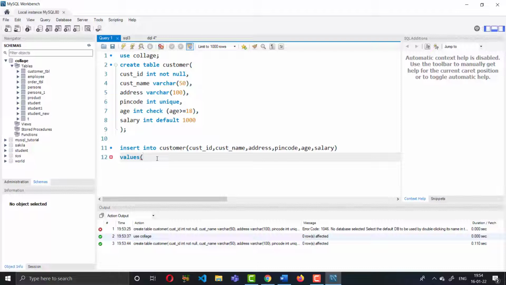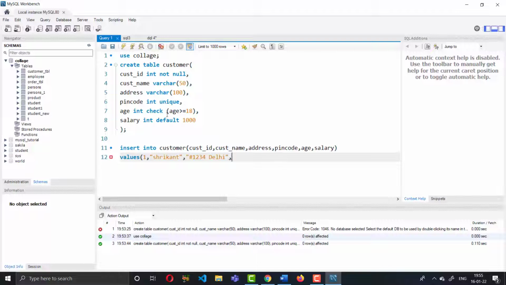So the customer ID is 1, and the customer name I am giving is Srikanth. It is a string, so that's why. And the address, suppose I am giving 1234 Delhi. Next, pin code.